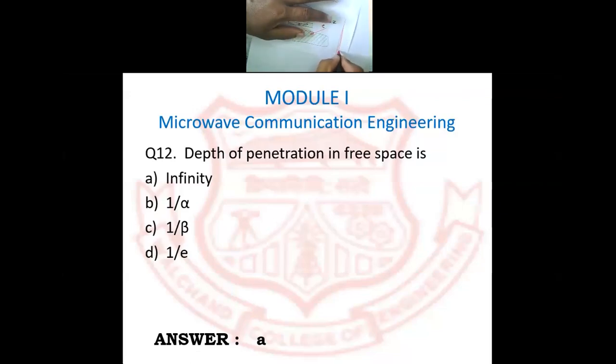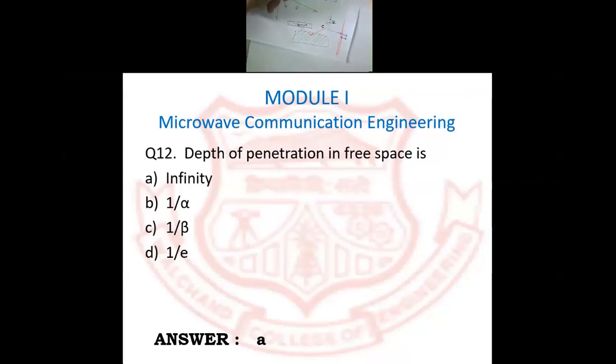Now suppose this is a conducting wall, and the wave is incident on it. It will penetrate, and that direction is nothing but the depth. That penetration depth depends on how much the attenuation rate is, so it relates to the attenuation, how much the loss is. But right now we don't know that. If it is a conducting surface, there will be some particular loss.